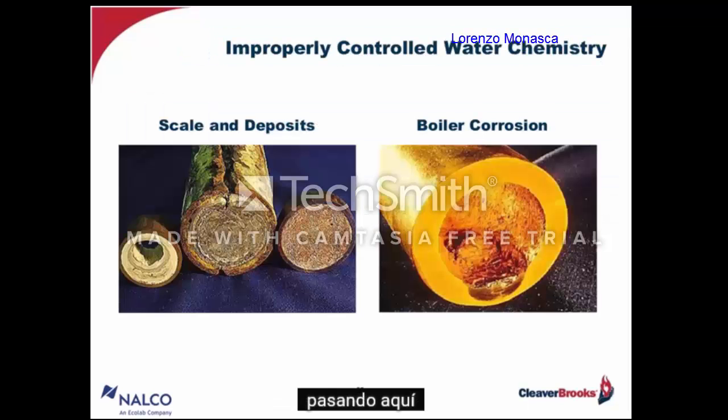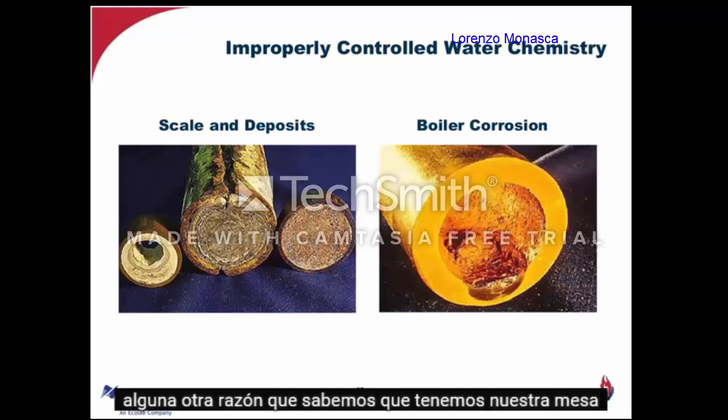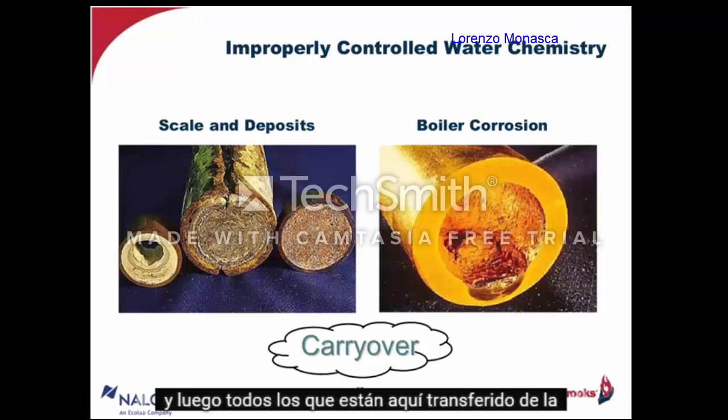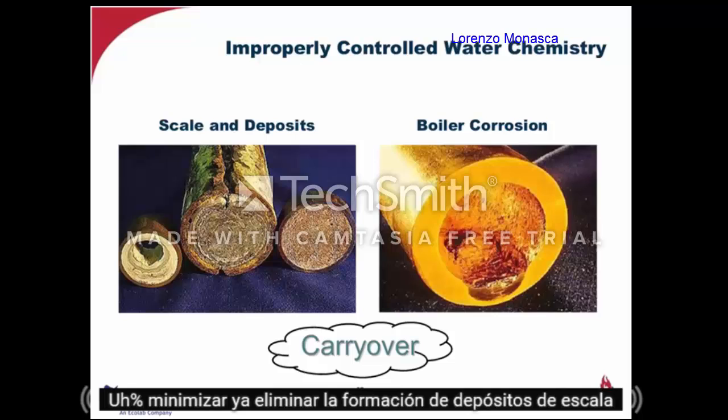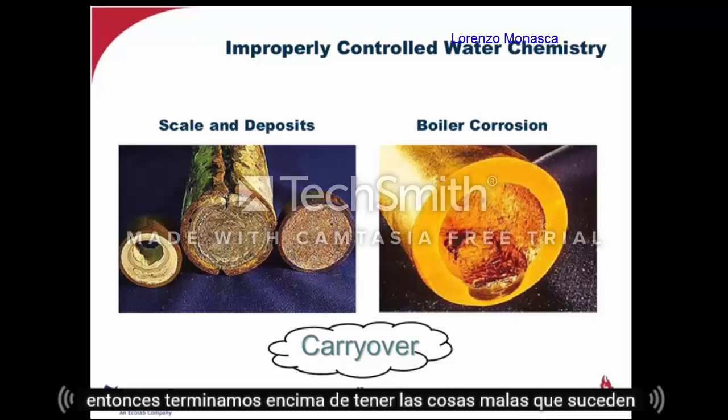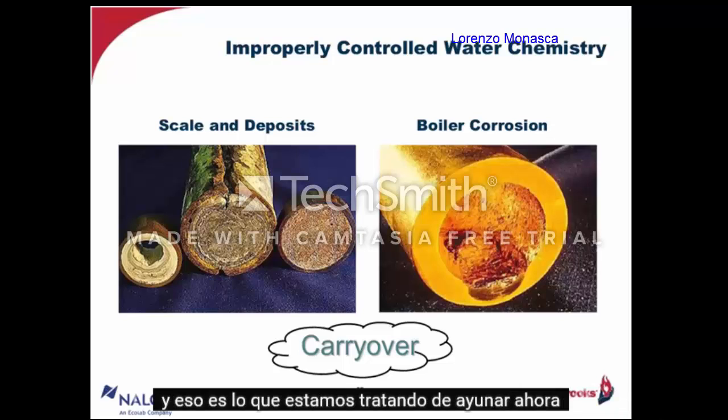So I'm going to go on here and we'll talk about some of the reasons. You know, we have our tables, and this is why we have our tables. In fact, this is why we have our chemistry recommendations. I'm going to bring one more up here, carryover. Those recommendations are to minimize or eliminate the formation of scale and deposits, boiler corrosion, and carryover in our boilers. When our boilers concentrate up to very high levels, then we end up having bad things happening,